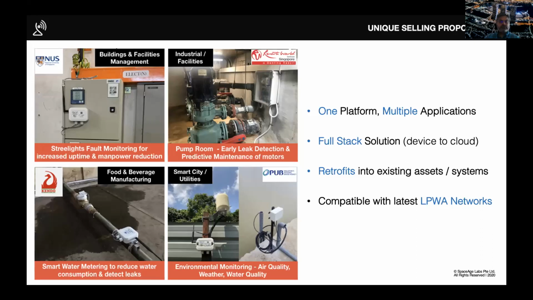Second, as I mentioned, it's completely from the sensor to the application. The amount of system integration time, the amount of people you need to deal with to integrate the system is also reduced, right? So that is another value proposition. And the third is it retrofits into existing systems, as I explained in a couple of use cases. And the final thing is, of course, it's compatible with networks which are going to be around for the next 20, 25 years. And you don't have to worry about them going away too soon, right? So that is also important. And of course, low power wide area networks such as LTE-M are meant for machine communication. So that's what we offer.